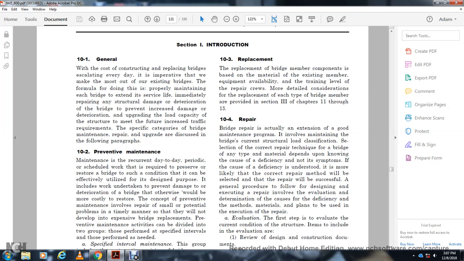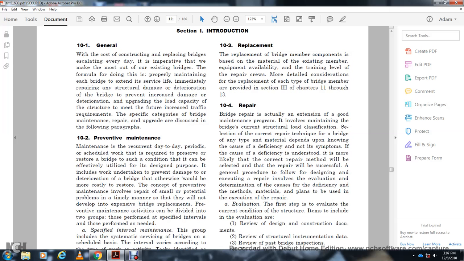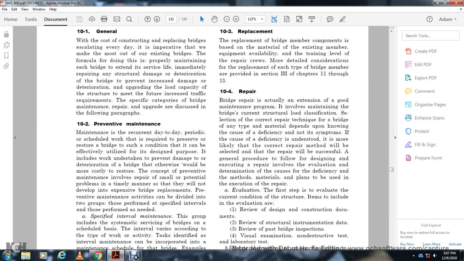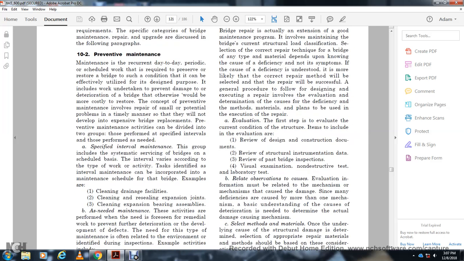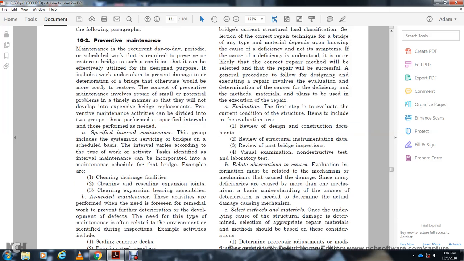The general process of the design of the executing repair involved evaluation, determination of the cause of the deficiency. The method of the material of the plans used for the execution of the repair. Evaluation. The first step of evaluating the current condition of the structural items include the evaluation or review of the design construction documentation, review of the structural and instrumental data, review of the blast dredge, inspection, visual examination, nondestructive test, laboratory test. The evaluation information must be related to the mechanism cause